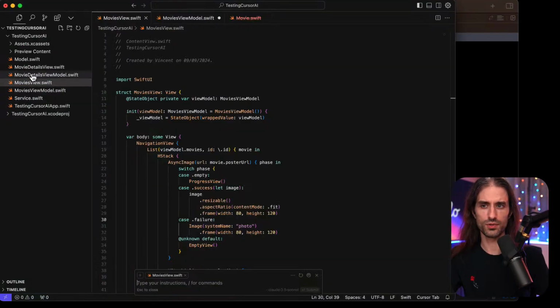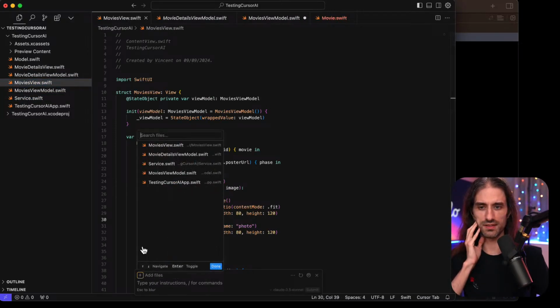So now let's go back to Cursor and try to use this composer feature. I want to give it the service. Why don't I have the model also? Yeah, I want to give it the model, movie details view model and movie details view.